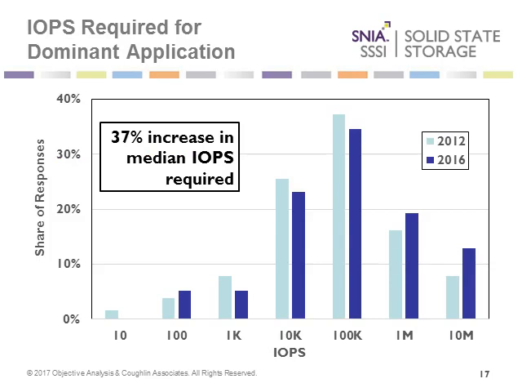If you take an average of all of that, you find that there was a 37% increase in the median IOPS required, but it was still a very broad range. You've got 100 IOPS by some respondents, and that represents what you can do with a hard disk drive. And then as you get up into the thousands and hundreds of thousands, then it comes to SSD speeds.